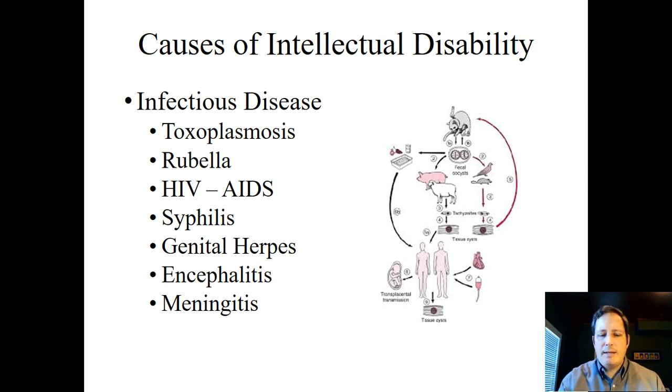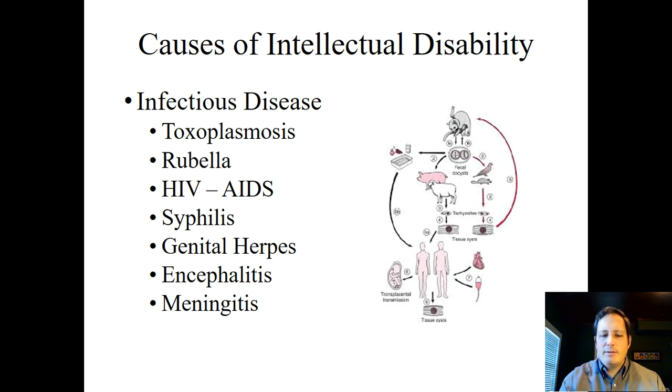Genital herpes is a sexually transmitted disease, and it can be transmitted to the infant, particularly during the birth process. There's a lot of fluids involved, and if the genital herpes is active during the delivery, it's quite likely that the baby might get exposed to it and develop it. It can lead to some very serious problems, whereas an adult's genital herpes generally does not have dire consequences. It certainly can if you're an infant and receive it. So things like intellectual disability, but also blindness and maybe even death.